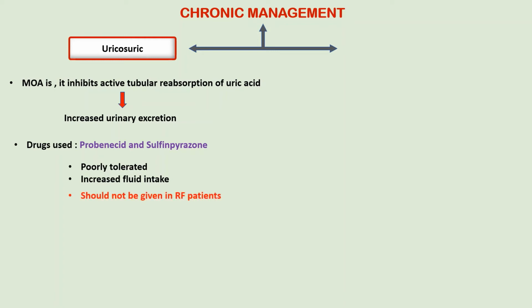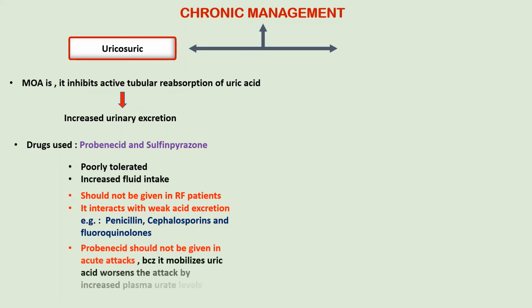And again, it should not be given in patients with renal failure because probenecid is ineffective when the glomerular filtration rate is very low. Now about the drug interactions with probenecid, it interacts with weak acid drugs like penicillin, cephalosporins and fluoroquinolones. So when these drugs are administered simultaneously, probenecid will compete with these drugs and block their tubular secretion. Therefore, the plasma level and the duration of action will be increased. Thus, the treatment becomes more effective.